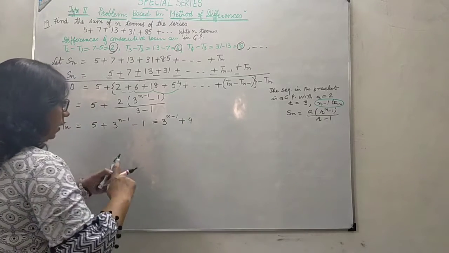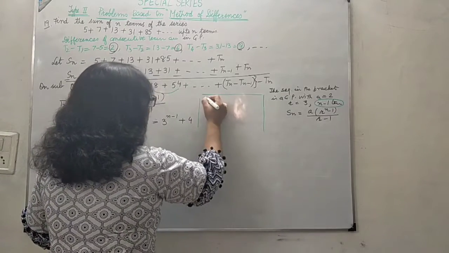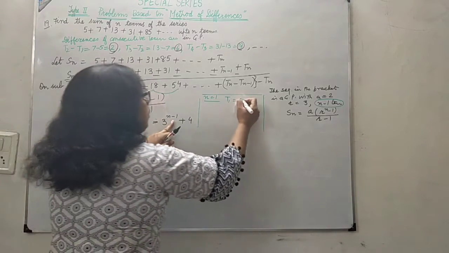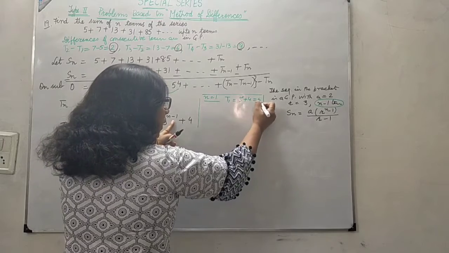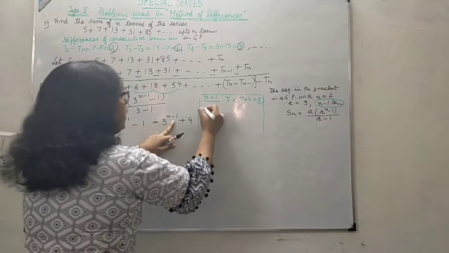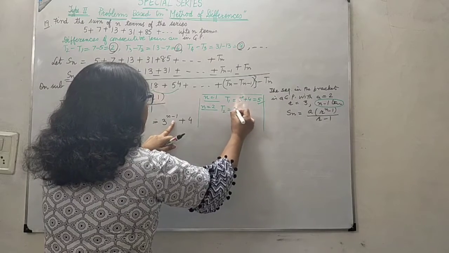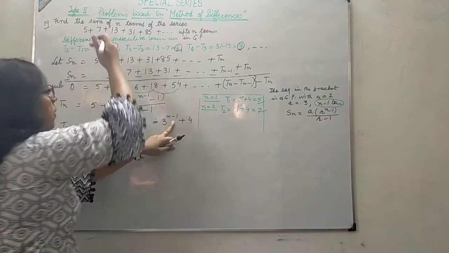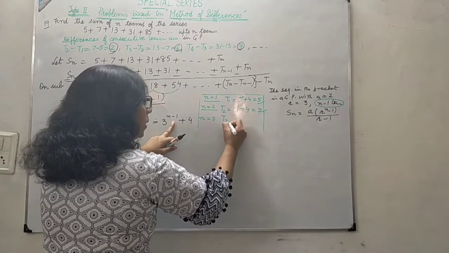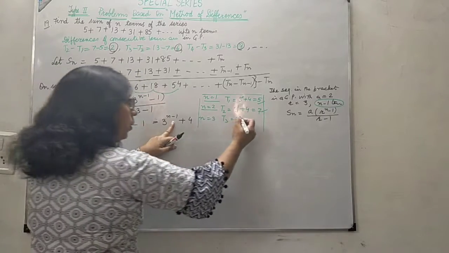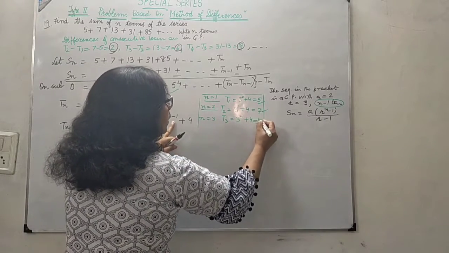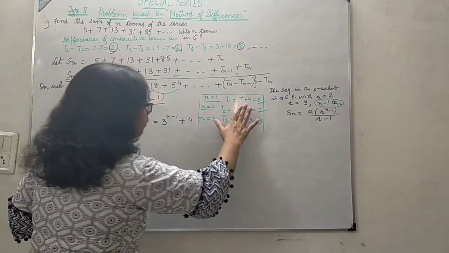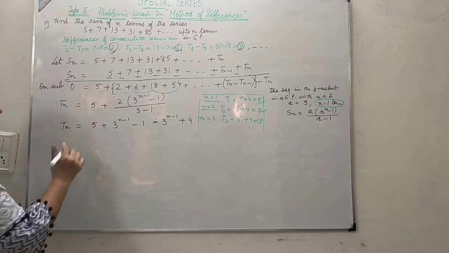You can verify your answer for the general term by substituting n as 1. Let me check. T1 will become 3 raised to power 0 plus 4, that is 1 plus 4, 5. So our first term is okay. Then if I substitute n as 2, T2 will become 3 raised to power 2 minus 1, 1, plus 4, that is 7, again it is fine. And then n equal to 3, T3 will become 3 raised to power 3 minus 1, 2, plus 4, 9 plus 4, 13, and so on. We can check two-three terms, then we are verified that our general term Tn is okay.